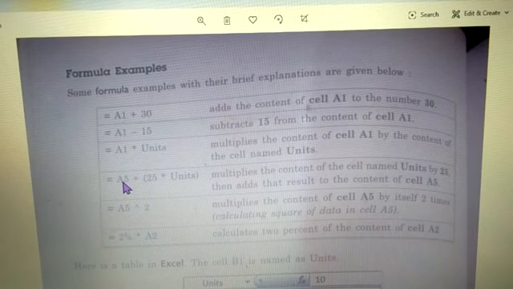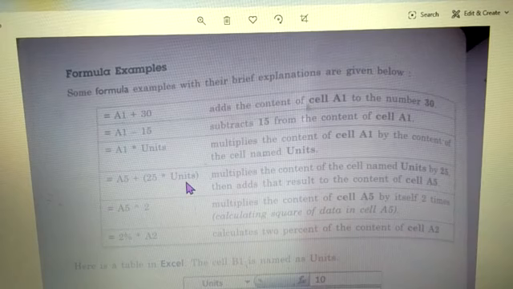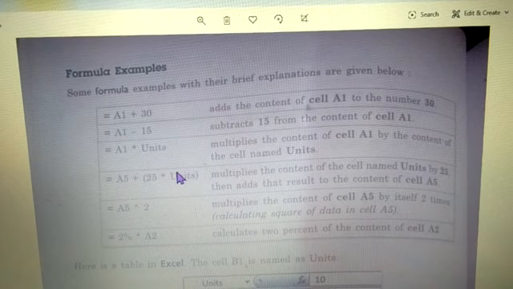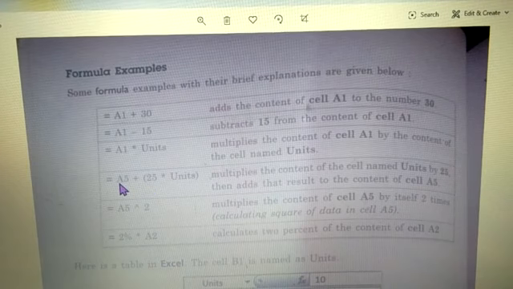Then see, A5 plus 25 into units. First the brackets are solved, so 25 will be multiplied by units, meaning whichever cell is named as units, that value will be multiplied with 25, and then it will be added to the A5 cell value.